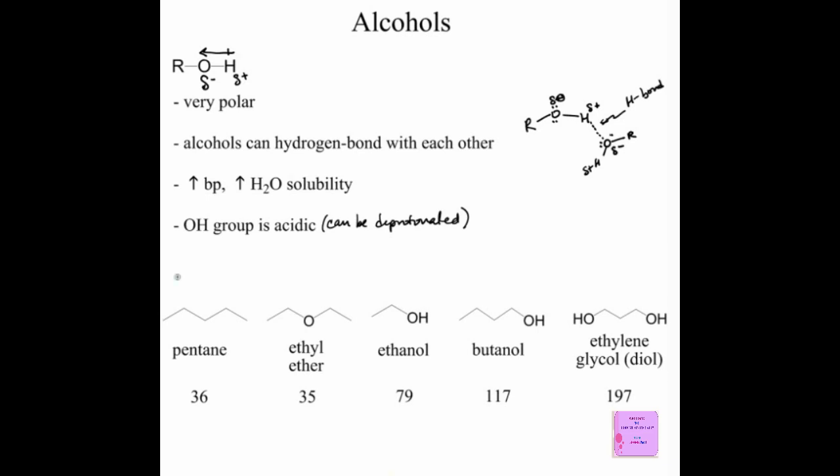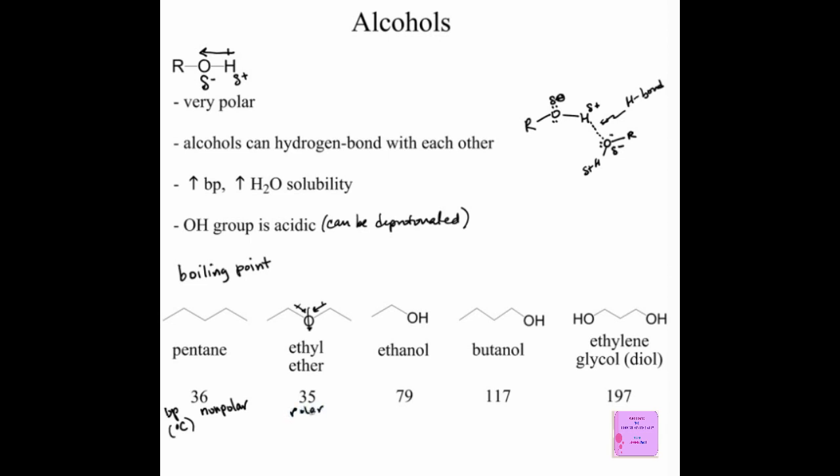Let's take a look at some sample boiling points. These boiling points are listed in degrees C so that we can observe the effects on boiling point by various functional groups. If we take a look at a molecule like pentane, completely non-polar molecule. All it has are carbon-carbon bonds and carbon-hydrogen bonds, all very non-polar. And we compare that to an ether, let's say, where we have an oxygen in here, which now makes it, we have some polar bonds, and so there's a small dipole moment here. This is a polar molecule,